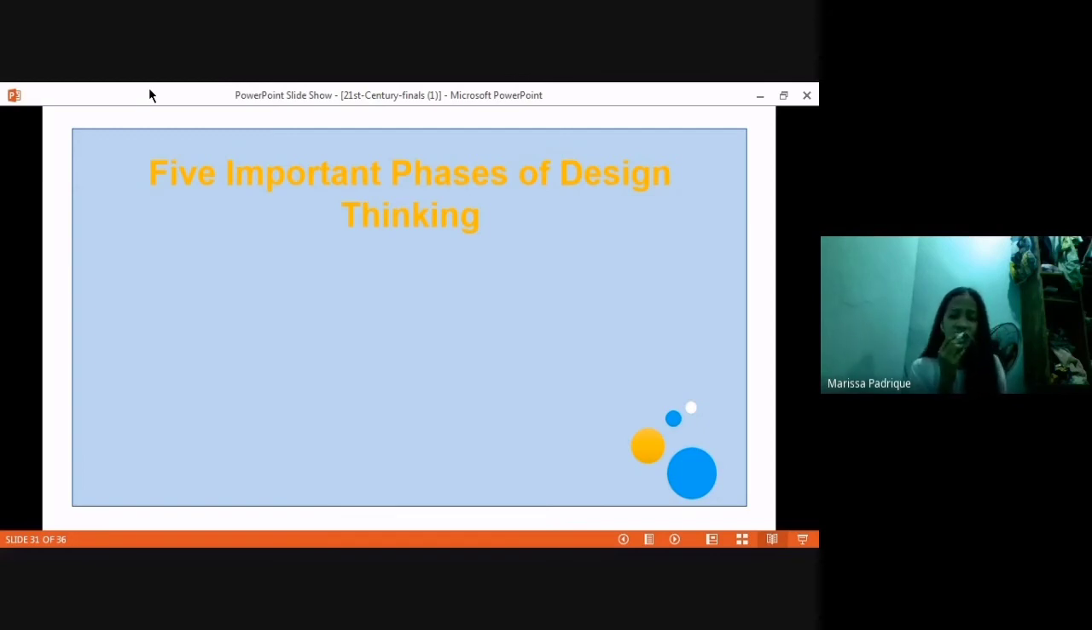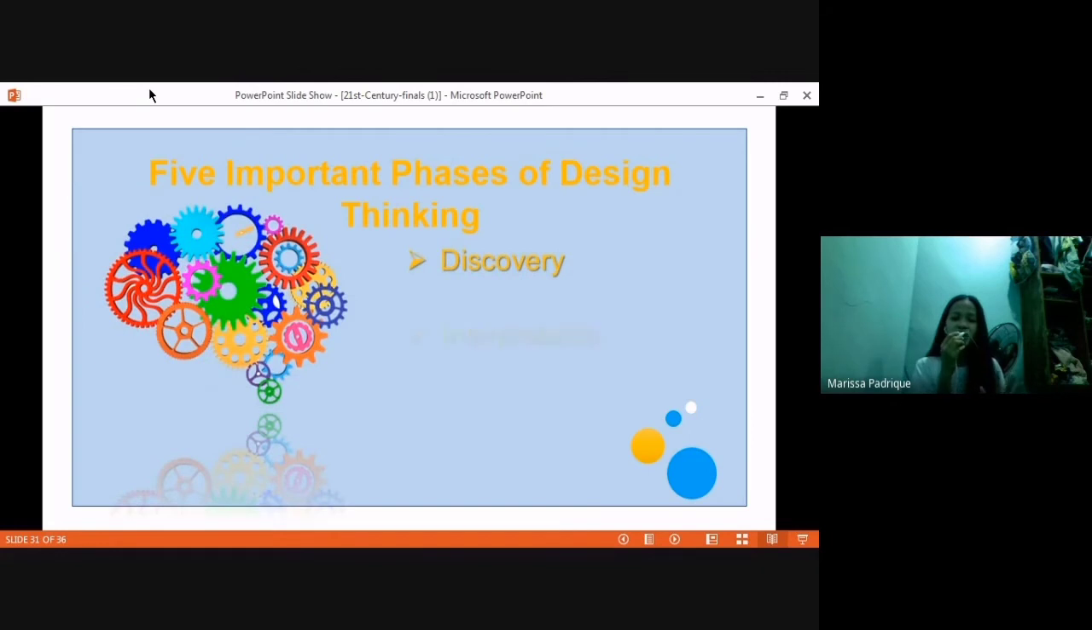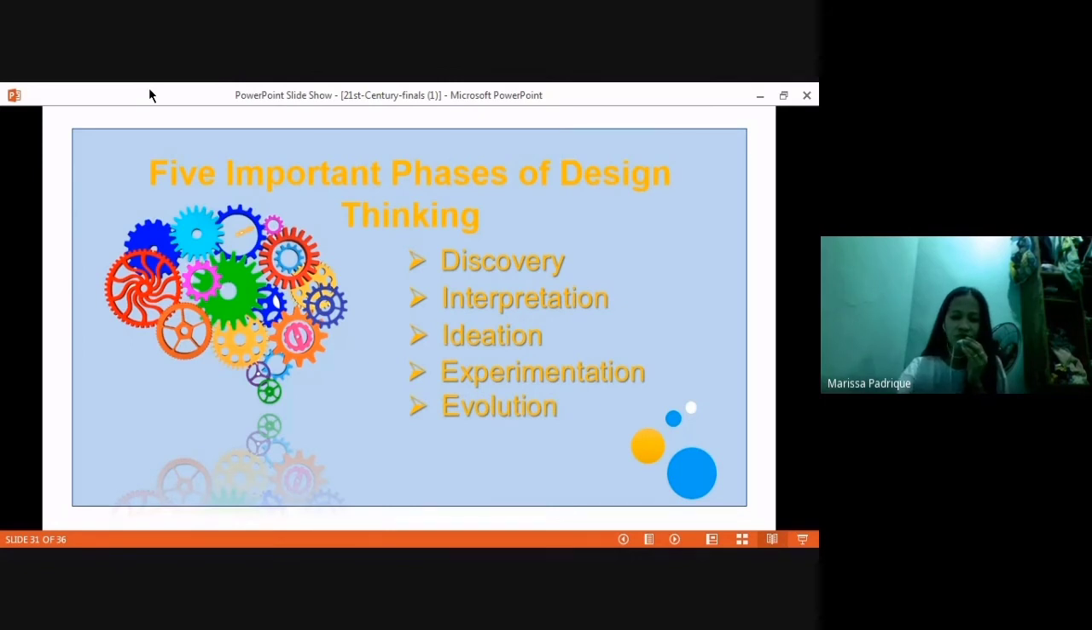So in design thinking, we have 5 processes. The first one is discovery. The second one is interpretation. The third one is ideation. The fourth one is experimentation. And the last one is evolution and innovation. So let's proceed to number 1,